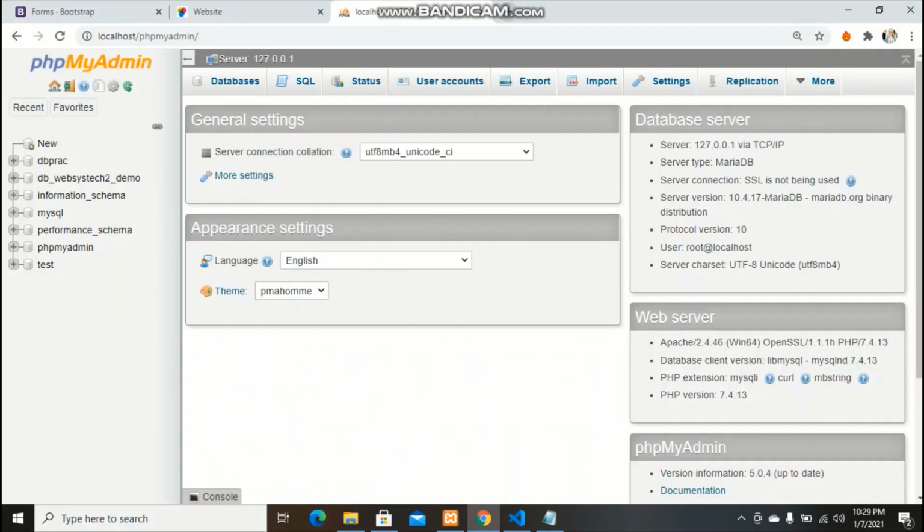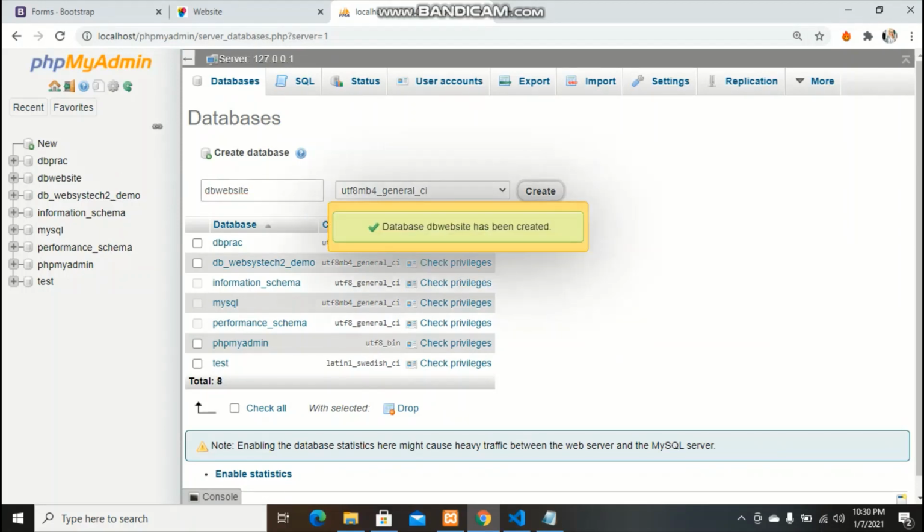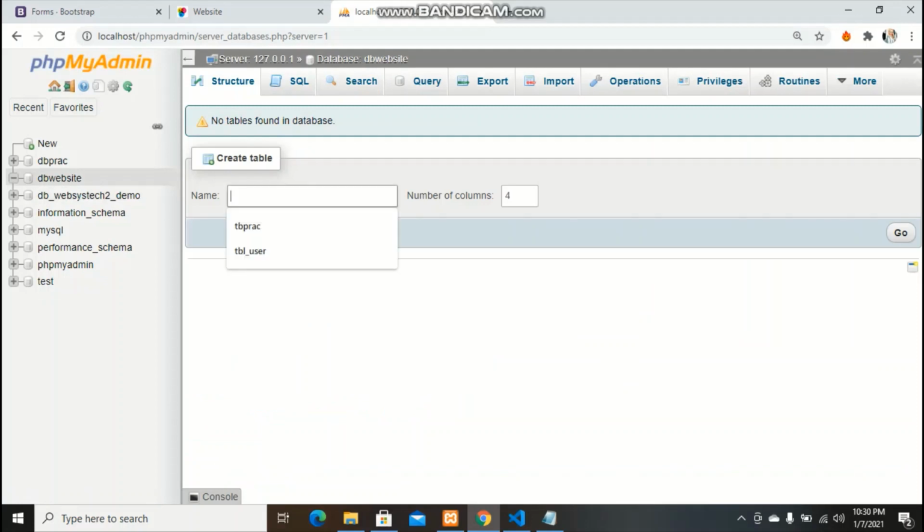But before we create our sign up form, we need to go in phpMyAdmin and create a database here and we'll name it db website, create, and we will need to create a table. Let's just name it tb web, and we need 15 fields in this table. Create,